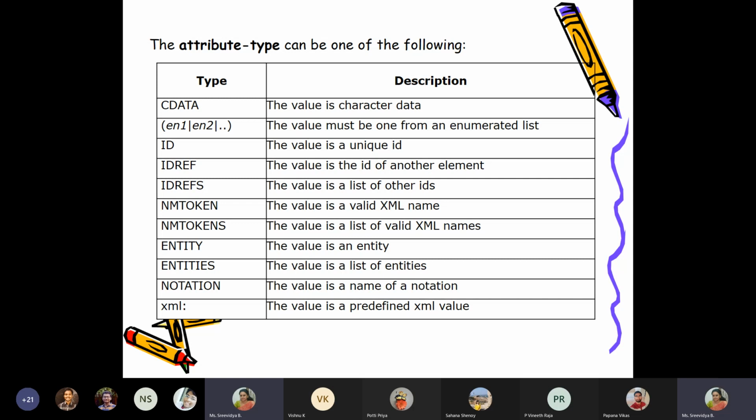These are the different types of attributes. CDATA is what we discussed. It can be ID, it can be a reference to something, it can be a token, it can be an entity, it can be another XML predefined value and sort of things. Those are the possible types you can think about.